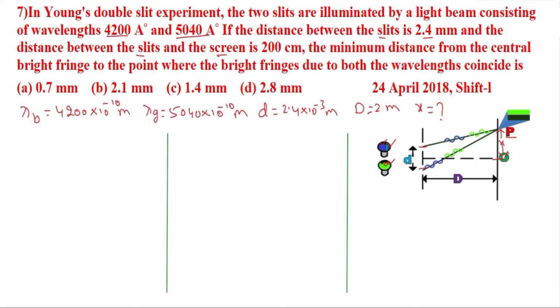I took two sources, one is blue and the other one is green. Okay, the light from the blue and the light from green is falling on the double slit, and this light will pass through this double slit and create its pattern on the screen. Okay, and this entire thing is placed in air.